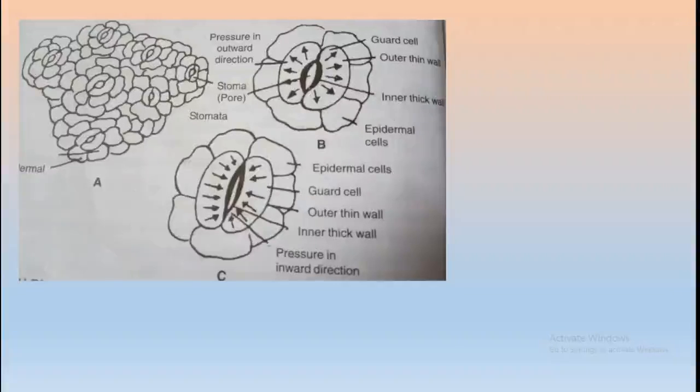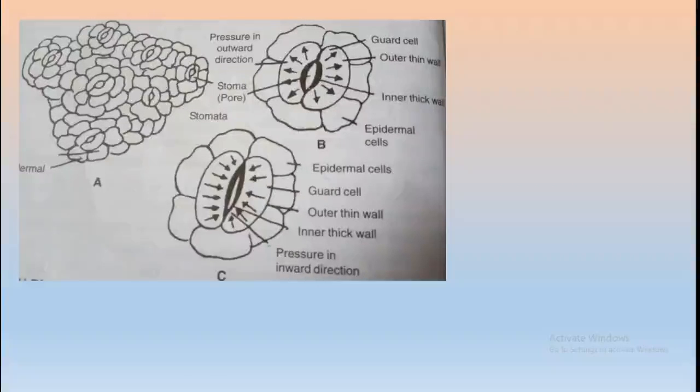Such bending of the outer thin wall pulls the inner thick wall in the outward direction. This pulling is responsible for the movement of the two inner thick walls of the two guard cells away from each other. When two inner walls of the guard cells move away from each other, the space surrounding the pore widens